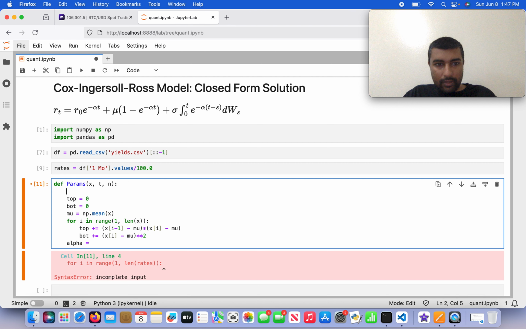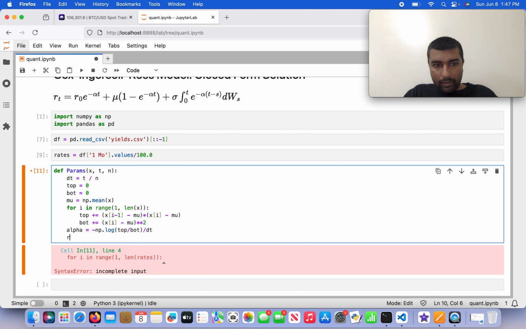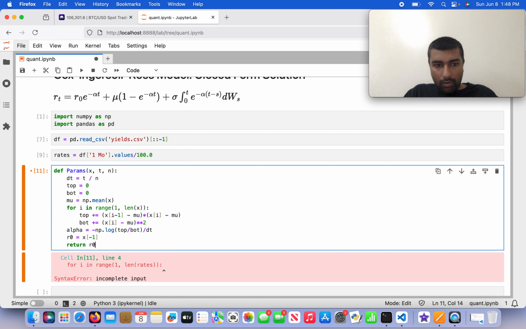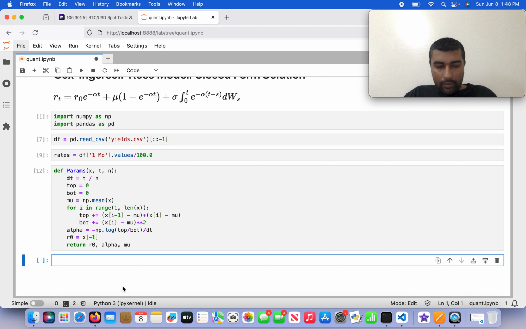Then I'm going to come up here and first do dt. dt equals t divided by n. So then alpha is going to equal negative log of top divided by bottom, divided by delta time, and I need R0, which is going to be x, the latest rate. So then I'm going to return R0, alpha and mu. So now I need to come over here. Okay, so I called it. Let me go ahead and print params